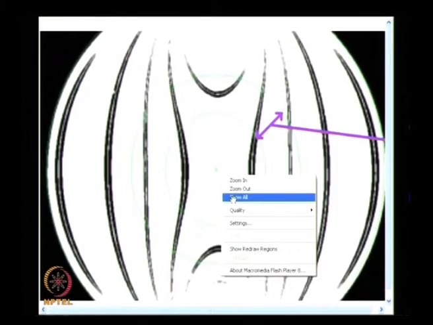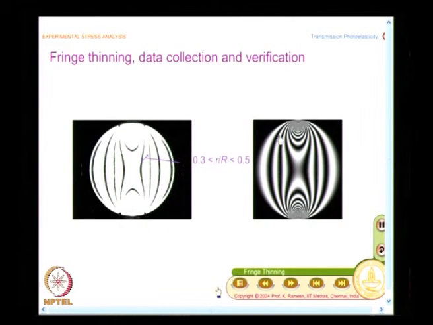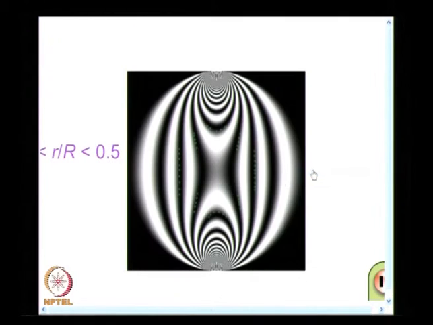The choice of data points also matters, and what is shown here is I have the fringes reconstructed, because we know the stress field in a circular disc. Using the theoretical information, it is possible for me to reconstruct, and this is to illustrate, if you do only one least square analysis, your choice of data points matters. I have this choice of data points, and these data points do not lie precisely on the fringe skeleton.